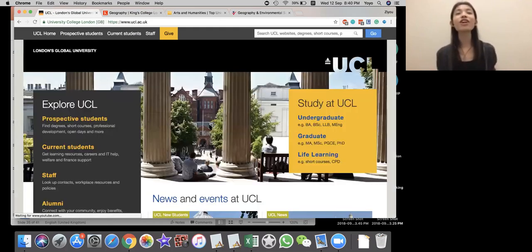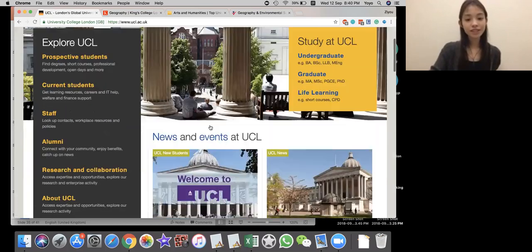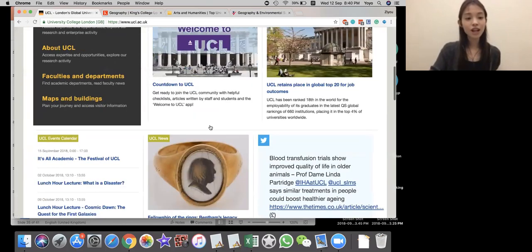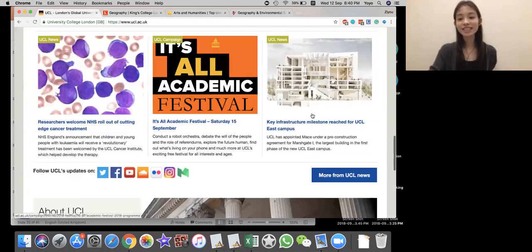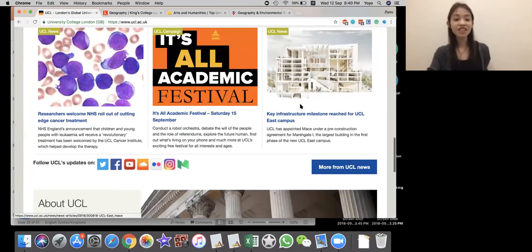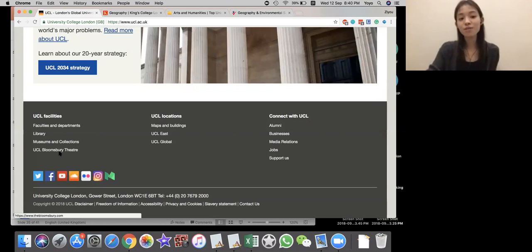And basically on every university website, it really gives you an idea of what the university is like as a whole. So you can look at their open days, you can see their infrastructure, you can see what it's like studying there. So you can look at their faculties and departments, their library, museums, their theater.